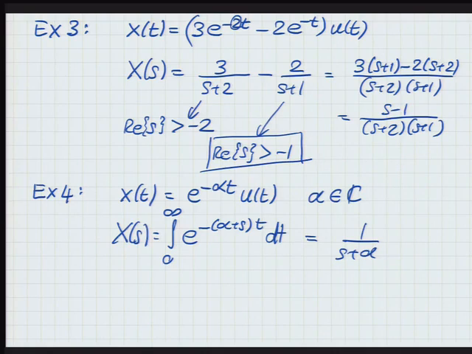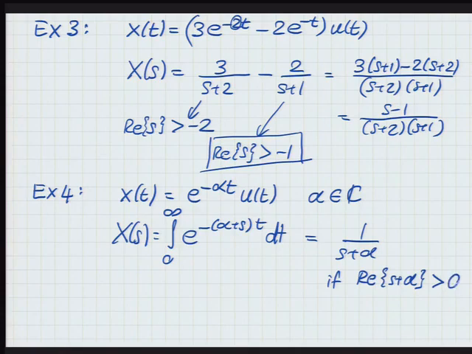And the part that decides whether that's going to 0 or not is the real part. The imaginary part just jumps up and down. It doesn't add any value, right? The convergence is determined by the envelope, and that comes from the real part. So we want the real part, so that is the case, if the real part of s plus alpha